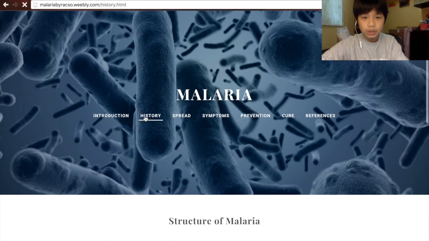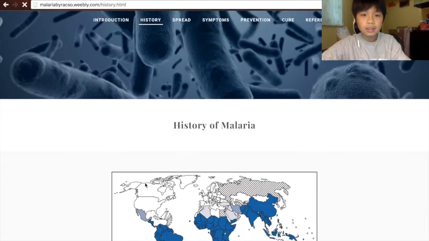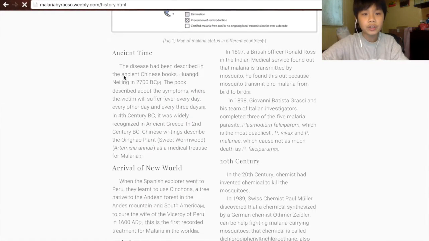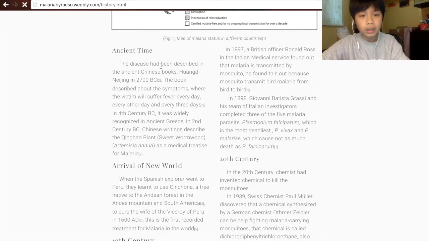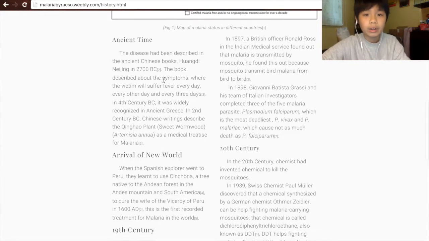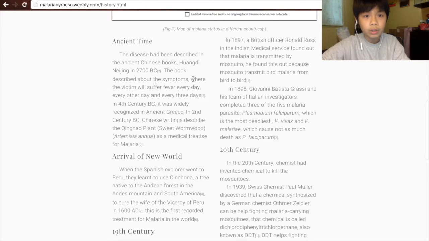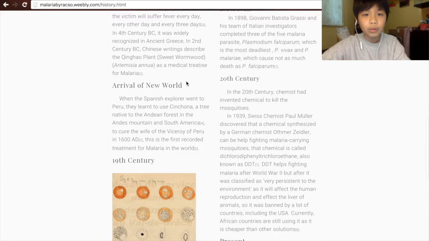Let's move on to the history of malaria. This disease was first described in an ancient Chinese book, the Huangdi Neijing, in 2700 years before Christ. This book described the symptoms of malaria, which the victims will suffer every day, every other day, and every 3 days. In the 4th century before Christ, it was widely recognized in ancient Greece, and in the 2nd century before Christ,